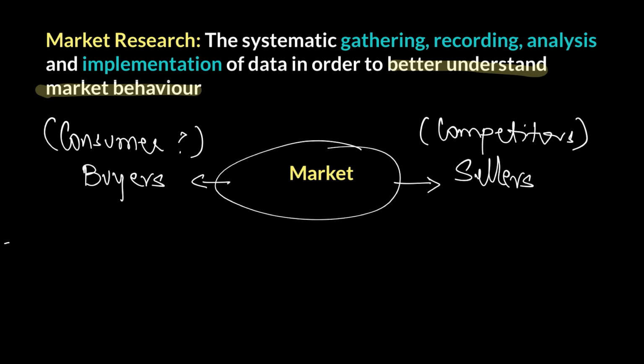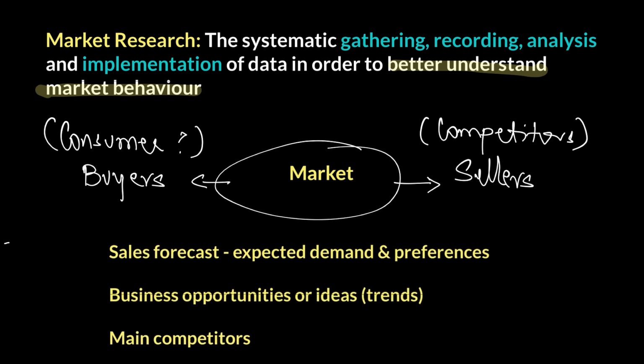And once you conduct your research, what you're looking to find out in terms of answers are these things. First of all, and the most important information that comes out of market research is an accurate sales forecast. Now, an accurate sales forecast is the single most important piece of information for the business at the start of any year. Okay, because think about it. What a sales forecast does is that it tells you what you are expecting to sell in the coming year. So how much the consumers will be demanding of your product.